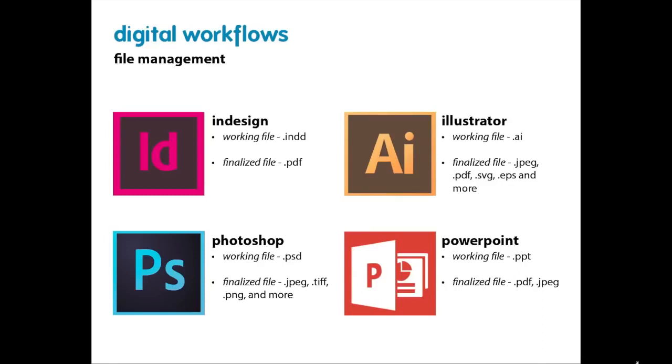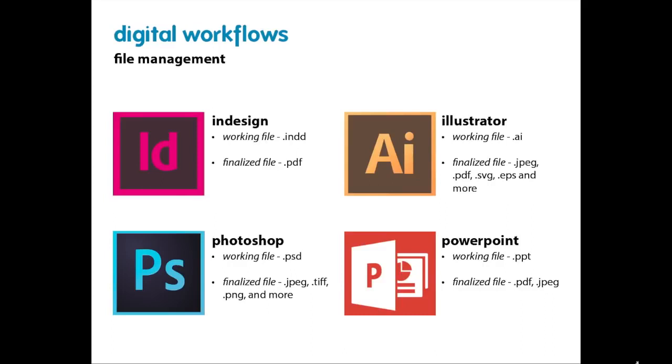With InDesign, it's INDD or INDL, which is for templates, and you'll export as a finalized file as a PDF. And then Illustrator has AI, and that gets exported in many different ways: JPEG, PDF, SVG, EPS, just to name a few. Photoshop is a PSD, and you can export into many different types of finalized files, like a JPEG or a TIFF or a PNG. And then finally, PowerPoint has a working file of PPT or PPTX, and you want to export that as a